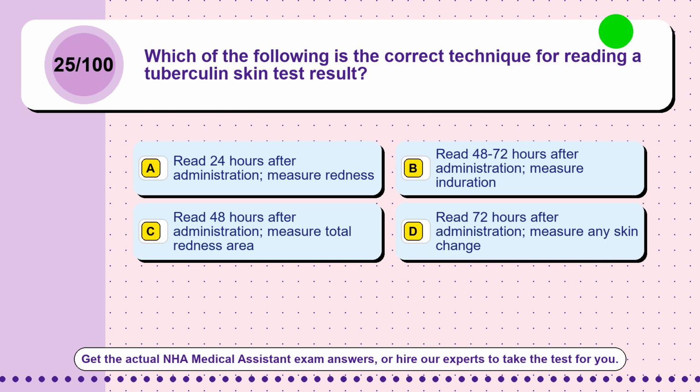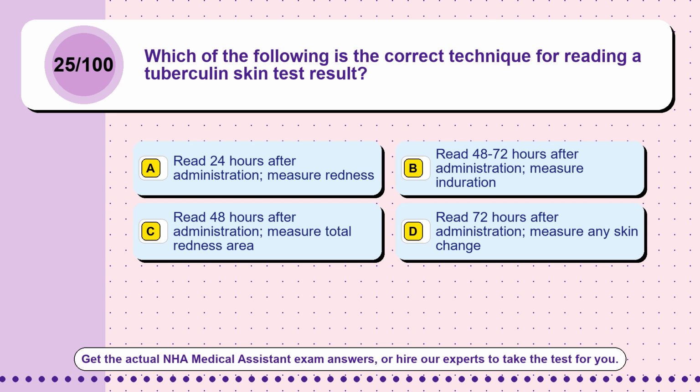Question 25. Which of the following values represents a panic or critical laboratory value that must be reported immediately? Option A, fasting glucose of 90 mg/dL. Option B, a potassium level of 2.1 mg/L. Option C, a total cholesterol level of 210 mg/dL. Option D, a white blood cell count of